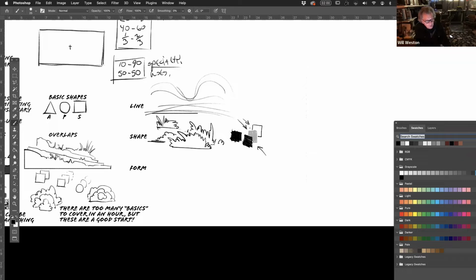Form starts out with our basic shapes, like up in here, triangles, circles, and squares. Triangles are active because they're very pointy. It's easy to tell the difference between triangles. If we have too many triangles, it makes people nervous, which is good because you want emotional content in your piece. So if you start using a lot of triangles in a composition, it'll start to make people nervous. Triangles are also pointers. If I go like this, you're going to look this way because the triangle is telling you to. Circles are peaceful.